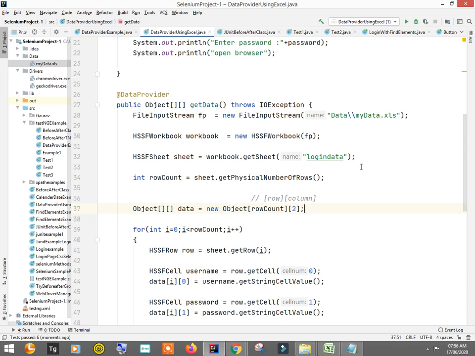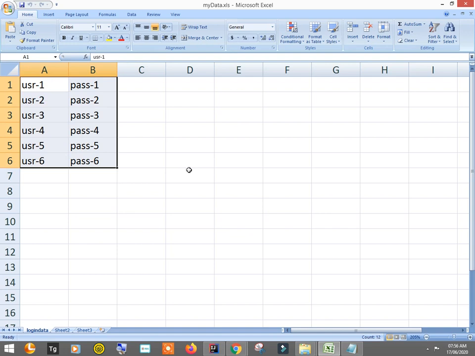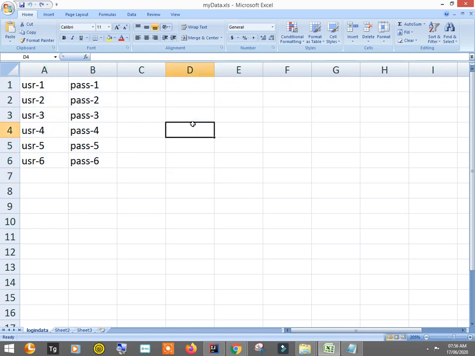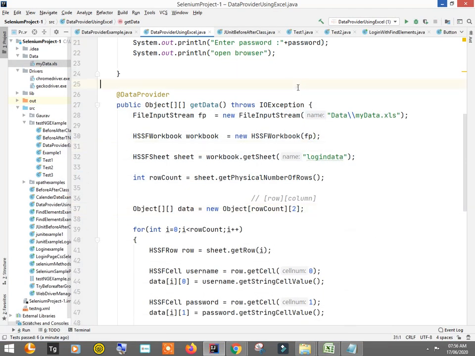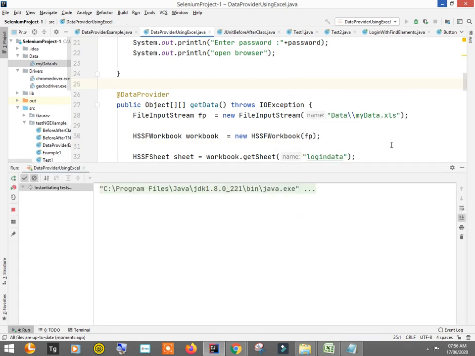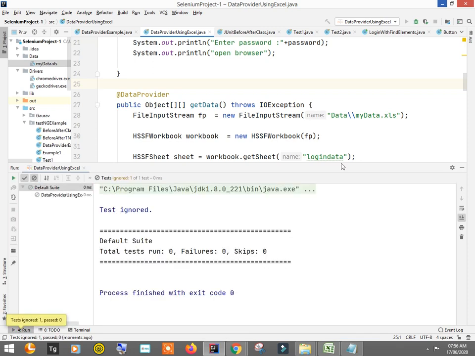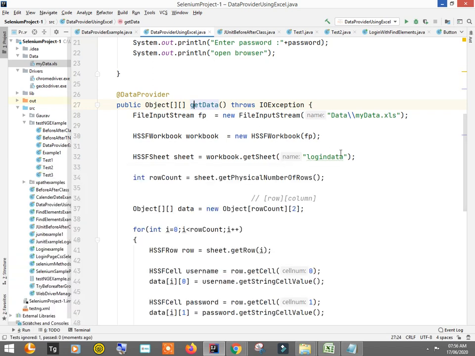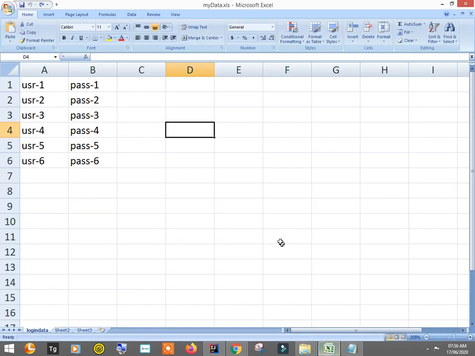Not sure. Okay. So let me just reproduce the same issue for you. Right. So I've made it blank, and earlier it was the same, right? And after that, what we did, we put some data into it. And actually, I had not saved this file, and because of which, when I run this program, it said test ignore or some error was there. There was a null pointer exception, right? Because there was no data in this.